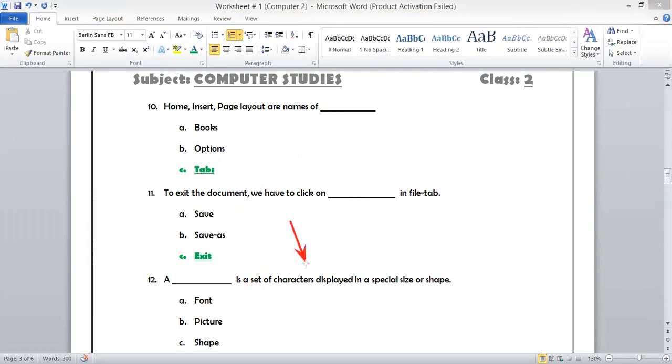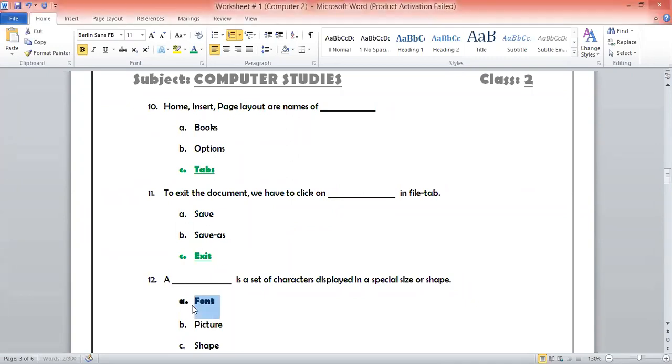And in characters, we don't have any shape. So only one option is left. The answer is easy. Mohammad Saeed, good. Umar Hassan, Mohammad Farooq. Okay, you guys guessed it correct. The right answer is font. So font is the right answer for question 12.